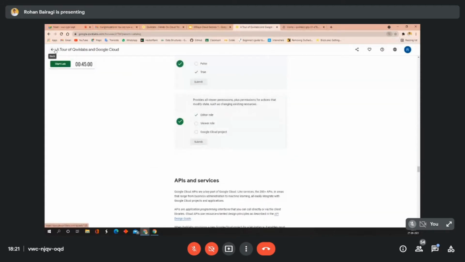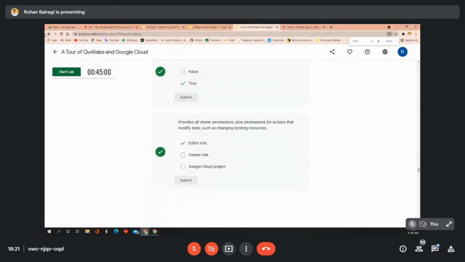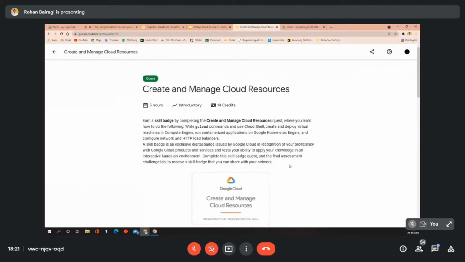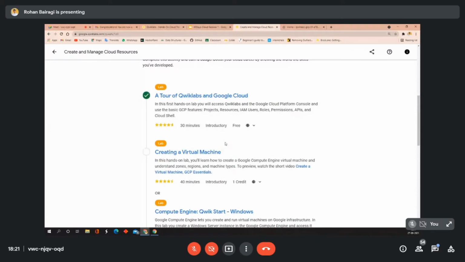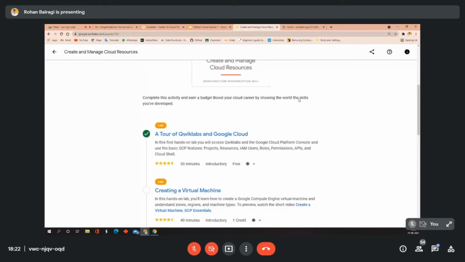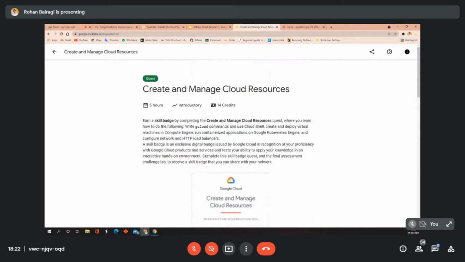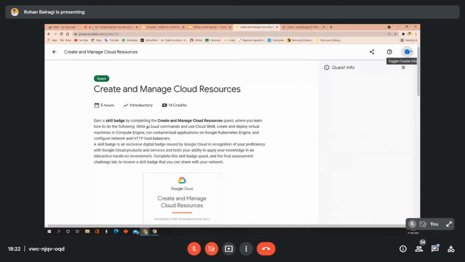Just go to the previous page by clicking the back button here. If you didn't get the monthly subscription, then hard reload it. Just press Shift plus R, and you will get the monthly subscription.